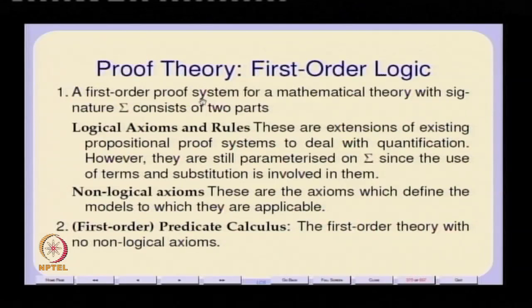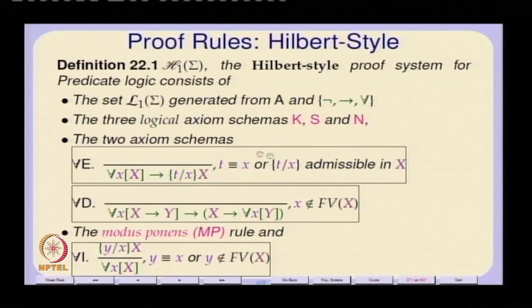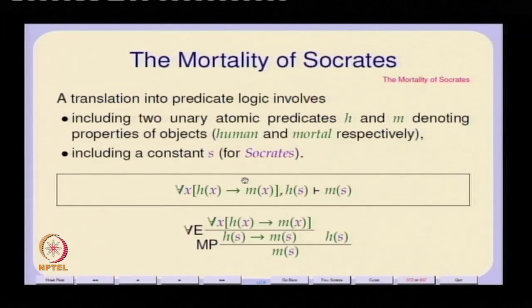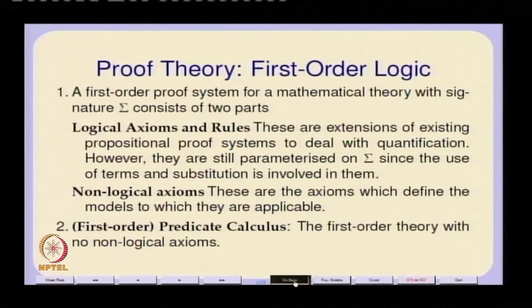We defined the notions of models and satisfiability and validity based on structures and substructures, and then we extended the Hilbert proof system to first order logic, for example. So, we had these extra rules essentially dealing with quantifiers. We also had derived rules in this case, in addition to the derived rules, we had